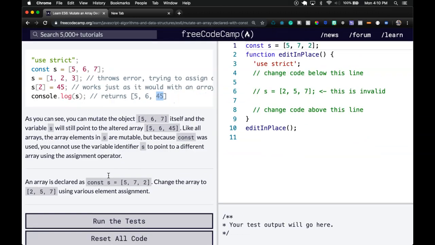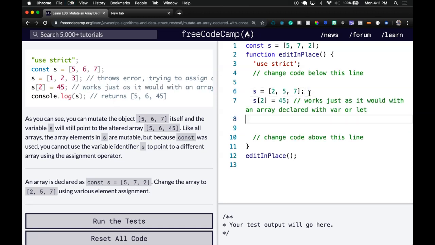So let's zoom out, change code below this line. So this is invalid. They don't want us to just change it to s equals 2, 5, 7. Well, first let's see if I undo this here. Well, we know we can't do that because as it says here, it's going to throw an error. But we can do something similar to this. So if we copy that, paste it there,